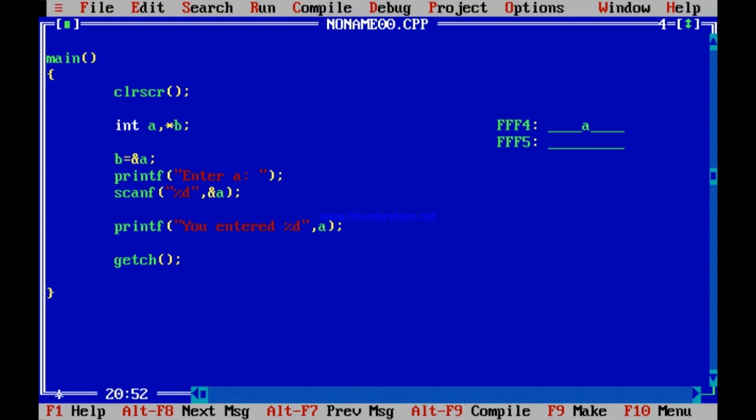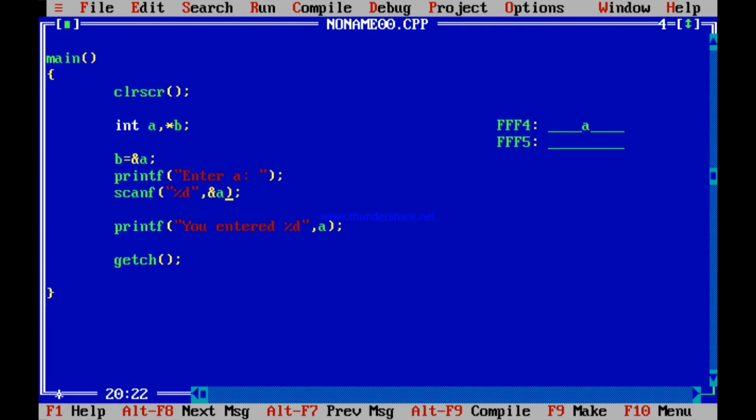Now while scanning, you avoid ampersand A and just write B. What will happen? A will be scanned. Because you have written int A, comma star B, B equal to ampersand A. So the address of A, FFF4, when you were saying ampersand A, you were presenting the user FFF4 for entering the value of A. When the user was entering 5, 5 was being scanned to the FFF4 location.